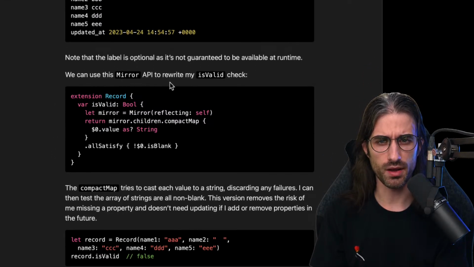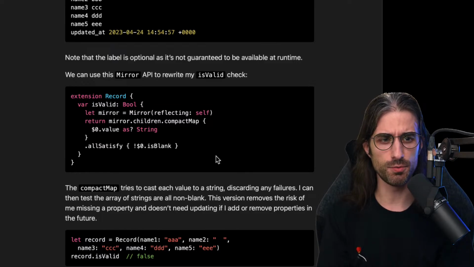We can use this Mirror API to rewrite my isValid check. So inside isValid, create the mirror, then iterate over the children property by doing compactMap. This compactMap basically only keeps the properties that are of type String.